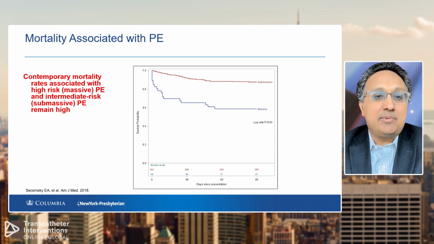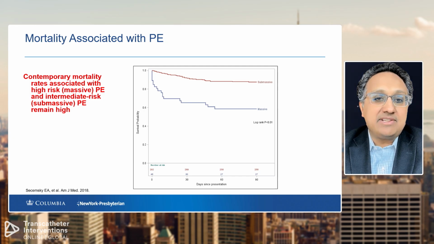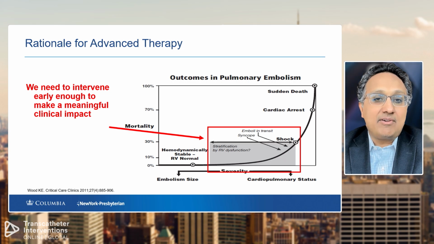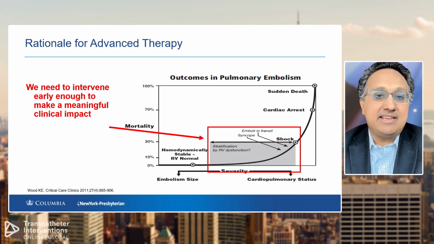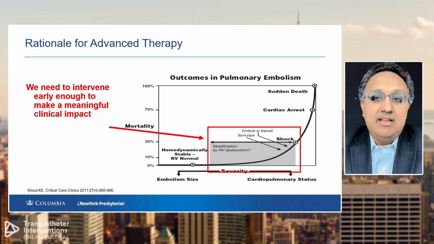But just to put it in perspective, those patients with the previously called massive or cardiogenic shock associated with pulmonary embolism have very high mortality rates. But those with intermediate risk pulmonary emboli are also at very high risk for mortality within the first 30 days. And so our theoretical construct is that we want to pull people back off of the cliff from devolving into shock and bring them back on this curve so that we let the RV recover, as we've seen in other states.